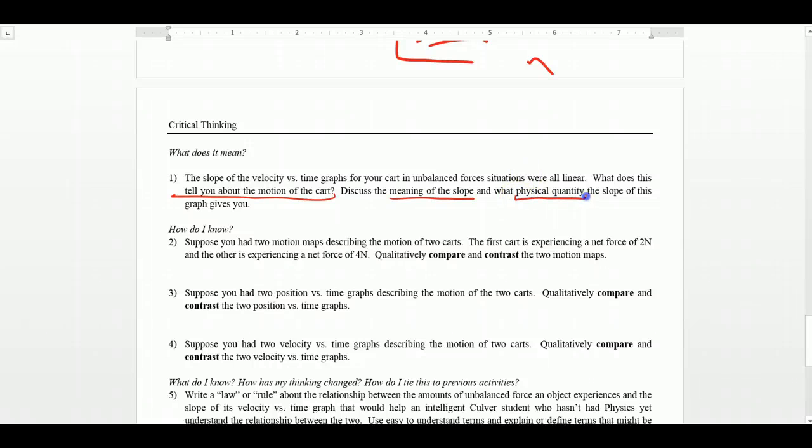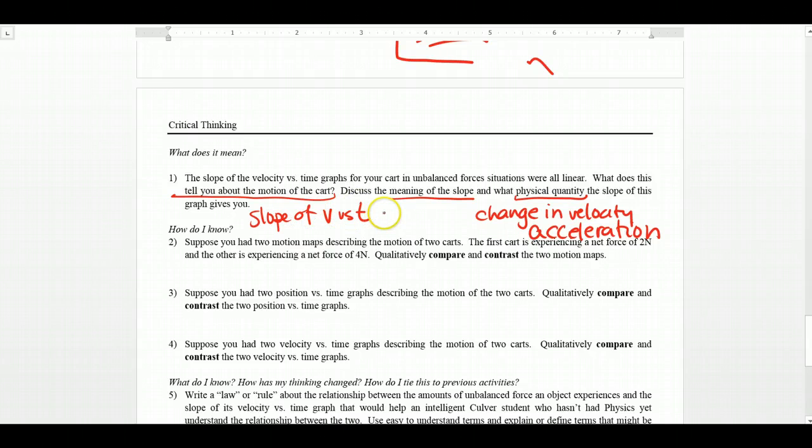And this physical quantity I'm talking about here, that change in velocity, is called acceleration. So the slope of a velocity versus time graph is the acceleration